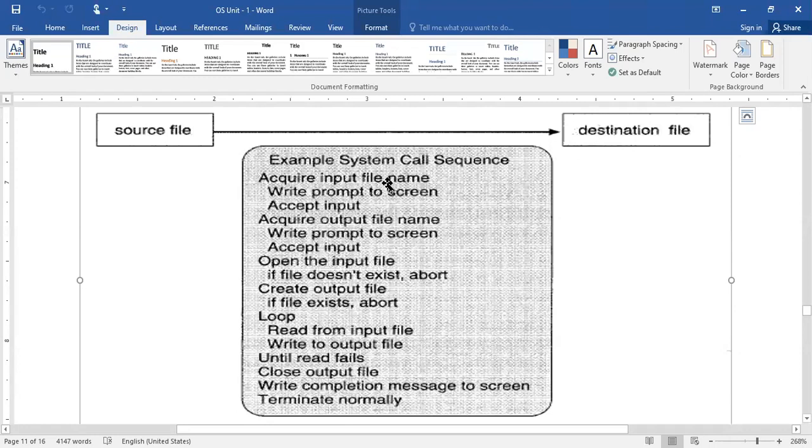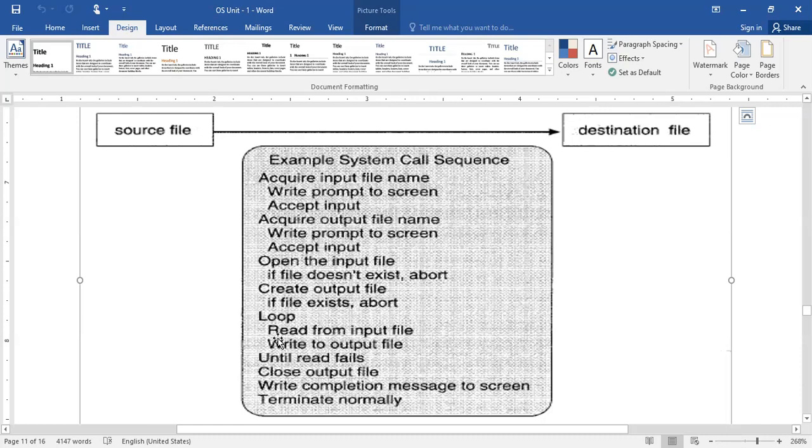Here, acquire the input file name. From where do we get that input file name? Once you have typed it, it comes from an input device, which is a hardware component. With the help of the operating system we can interact with the hardware component. In order to utilize these I/O devices, whatever programming instruction you have written will be considered a system call, so that it gets executed in kernel mode. Then only do you get the services of the input device. Similarly, prompting onto the screen means using an output device, and again the same process continues.